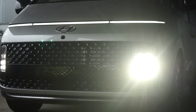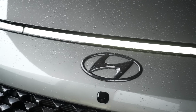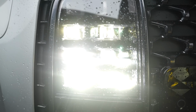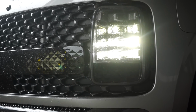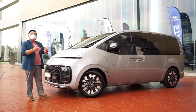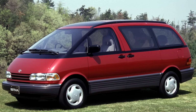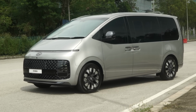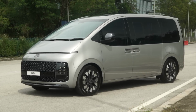So the top line over here is the DRLs, and the center line over here connecting the two are the positioning lamps. The headlamps are actually within the big grille down here. The whole rounded shape of this car kind of reminds me of the egg-shaped original Toyota Altima my family had in the early 90s. But the visual bizarreness of this car looks even more prominent because of the sheer size